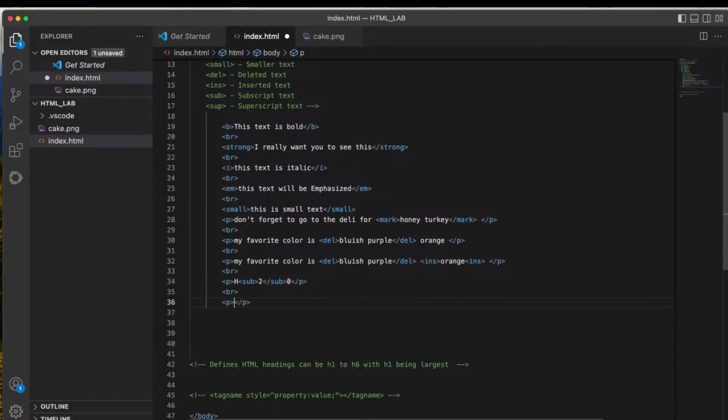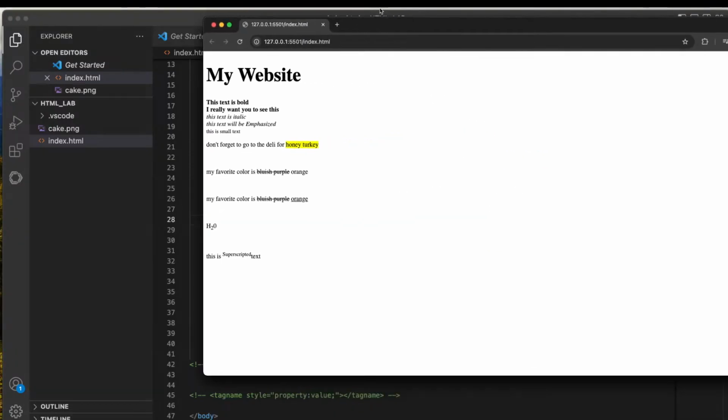So this is sup, and then inside the sup, you can say this is superscripted text. And then I'm going to go ahead and save it. Then I'm going to go back to our site. And as you can see,